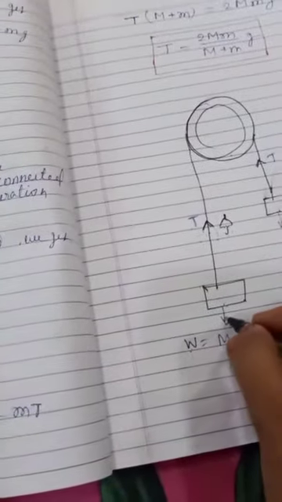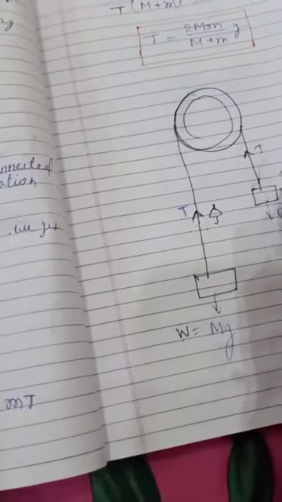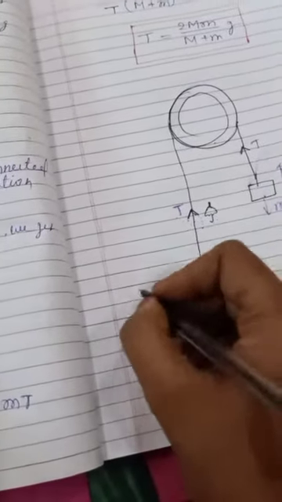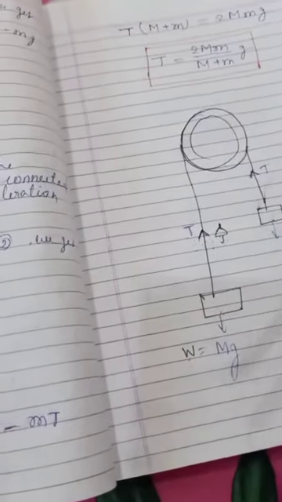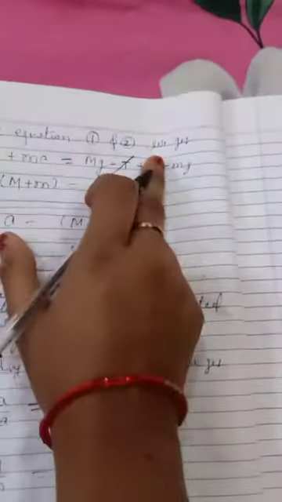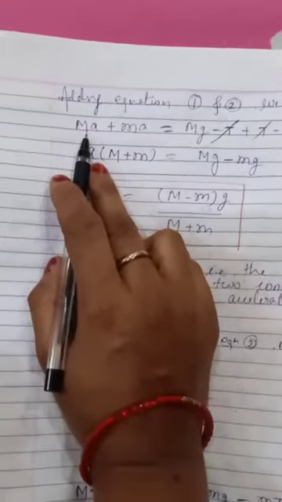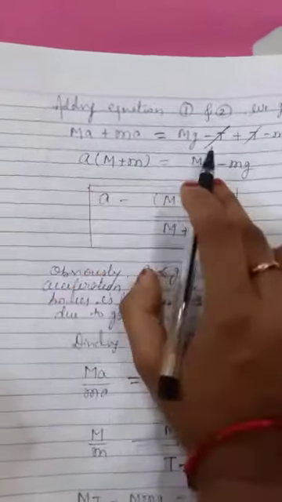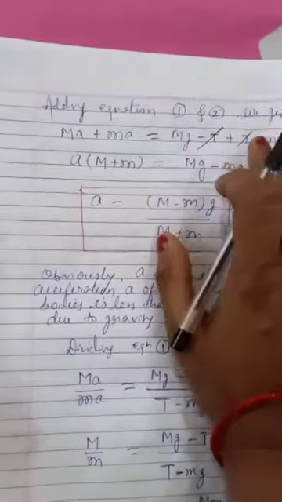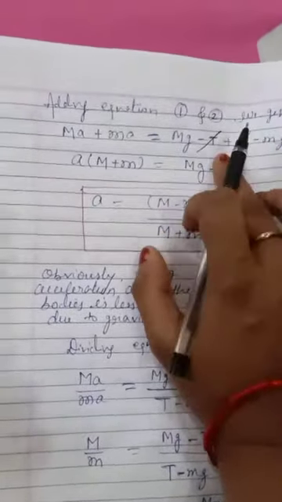यहाँ पे रिजल्टेंट डाउनवर्ड फोर्स लेंगे, यहाँ पे रिजल्टेंट अपवर्ड फोर्स. यहाँ पे रिजल्टेंट डाउनवर्ड क्या होगा, कैपिटल एम ए. यहाँ पे रिजल्टेंट अपवर्ड फोर्स क्या होगा, स्मॉल एम ए. एडिंग इक्वेशन 1 and 2 वी विल गेट कैपिटल एम ए प्लस स्मॉल एम ए. यहाँ से आप ए कॉमन लोगे तो ये ऐसा हो जाएगा. ये क्या था, एम जी माइनस टी, यहाँ पे क्या टी माइनस एम जी, टी से टी कैंसिल हुआ,